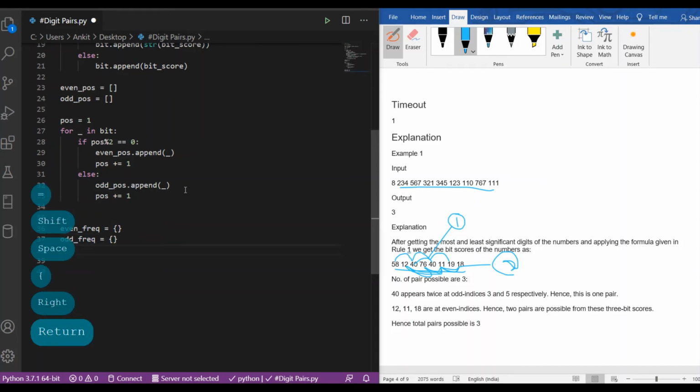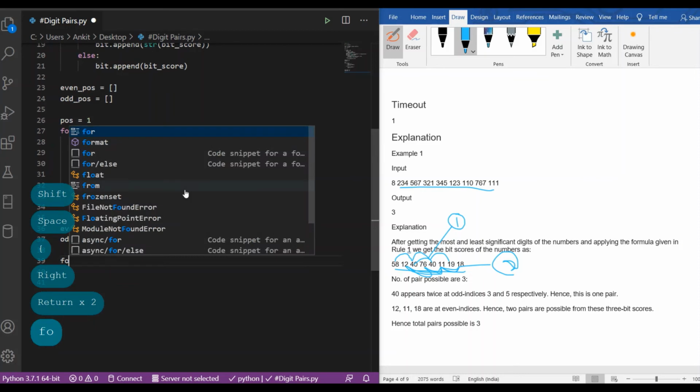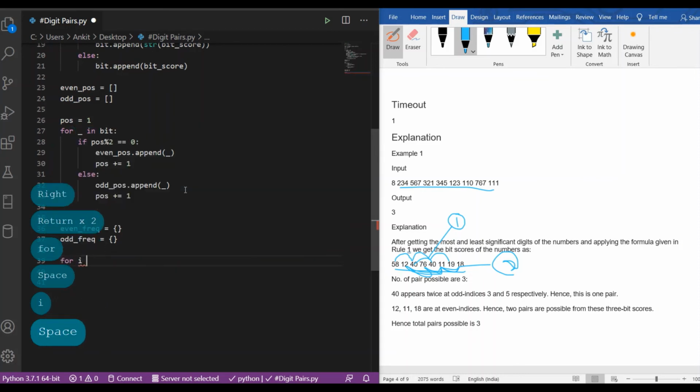Now we have to run a for loop in the even positioning element.